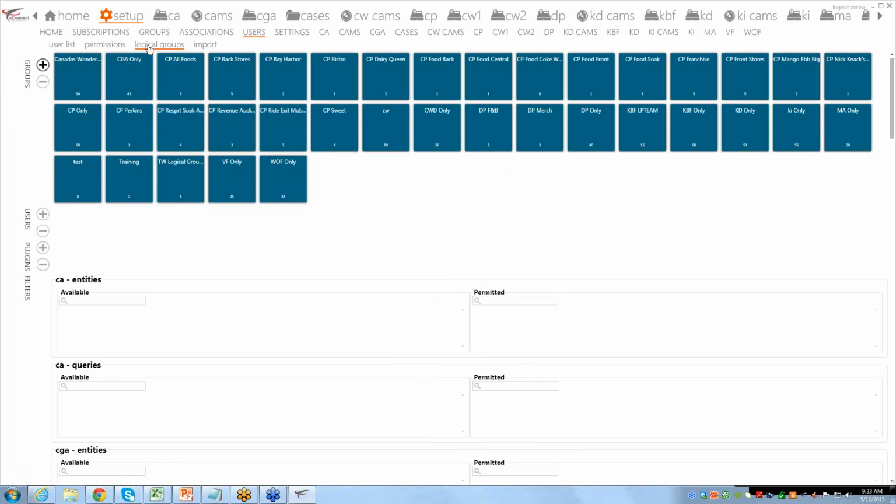So moving on to logical groups. So this is something that was requested by a lot of people, kind of going back to where we have the access control list where I took the cameras away from Travis. This is how you take plugins away from people. So let's say, for example, I'm going to use a casino environment as an